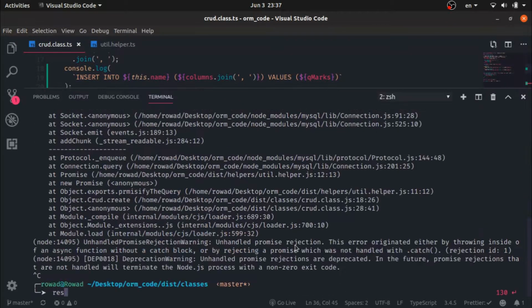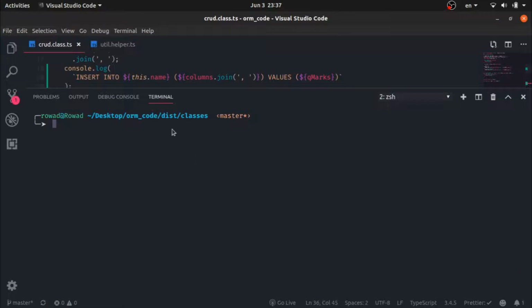Okay, I am in the dist. I cd into the dist folder classes. Node. Okay, insert into undefined, column 1 and column 2, and the same question marks to the number of columns. If you want to see a name,